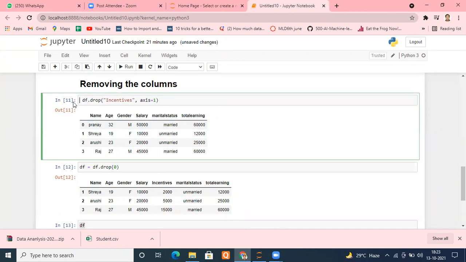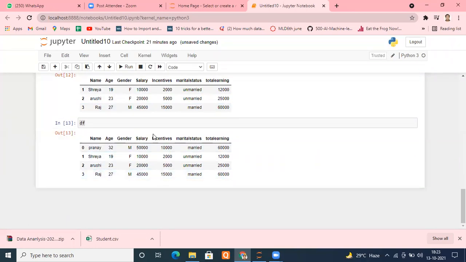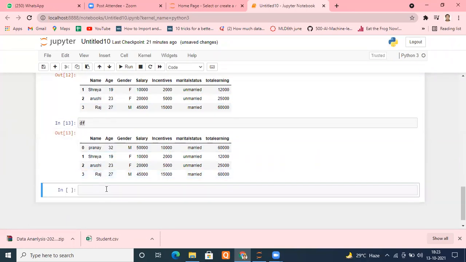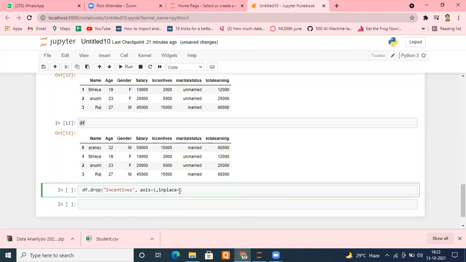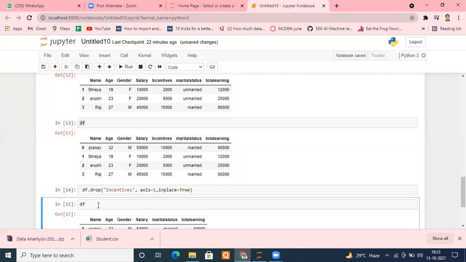The second way is another method of doing that. Again, I'm calling the same function. And as I just saw, df is having everything. I will change that parameter, which is what? Remember, inplace. This is the inplace. And I have to just mention here, in place of False, True. inplace equal to True. And once I run it, okay, done. Now you can check df, your incentives column will no longer be available. You can check it now. Please check it.